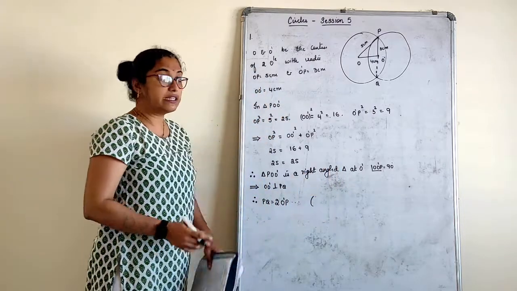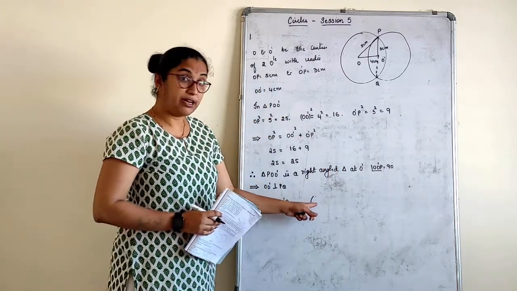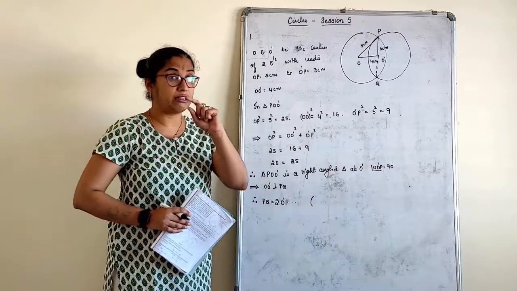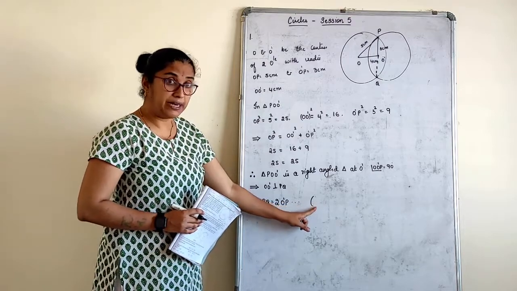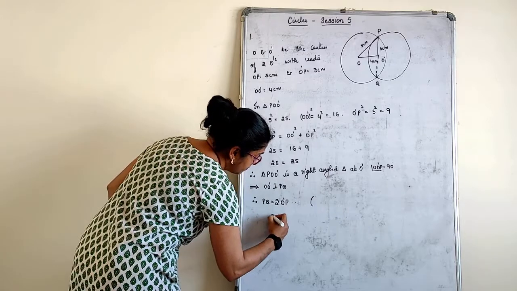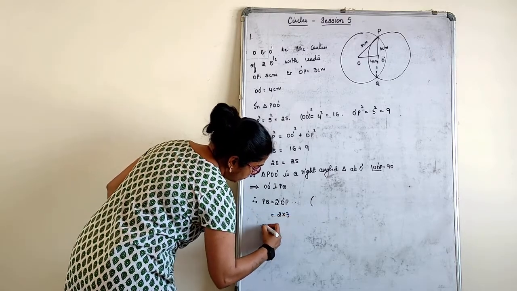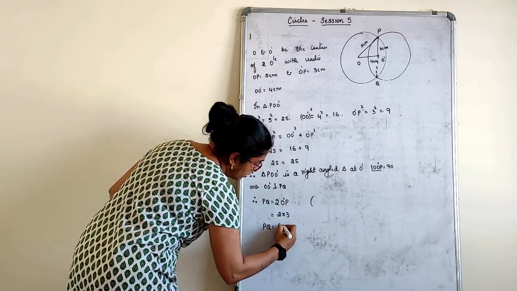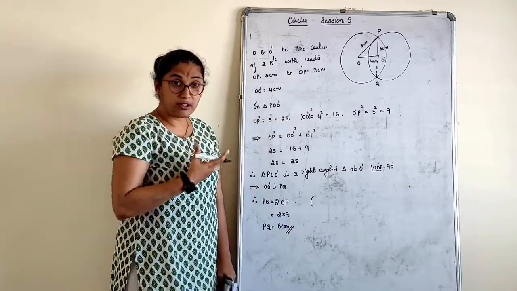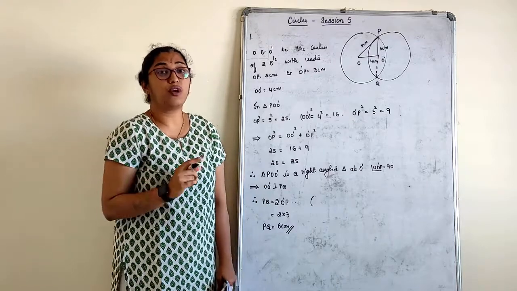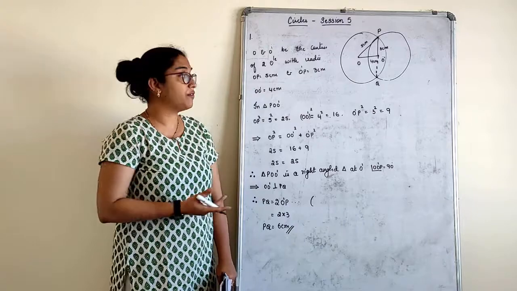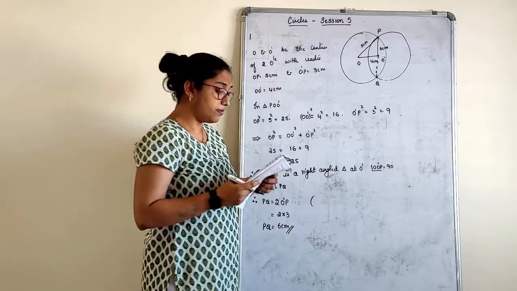What reason will you write here? I will not repeat this, but you can write it. The perpendicular drawn from the center to the chord bisects the chord. Theorem 1, what we had written. So 2 into 3, PQ is equal to 6 cm. As I have told you, it depends how you draw this one and do it. In case you draw it in a different way in your school, then there is another method what you solve. Right? This is the sum. The next one.